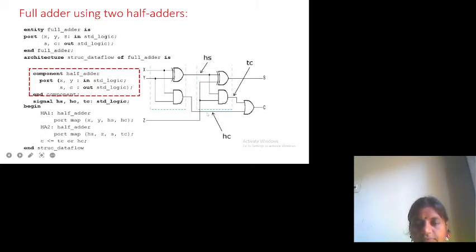The carry of the first half adder is declared as HC. So these three are the signals: HS, HC and TC, declared as signals of std_logic type. Now the component declaration and signal declaration are over.